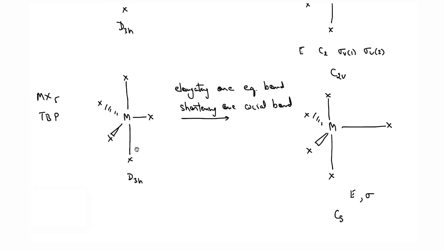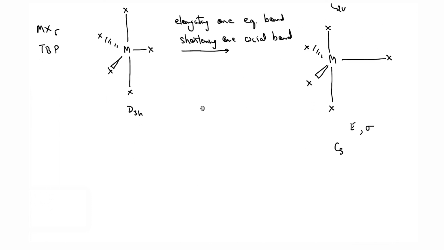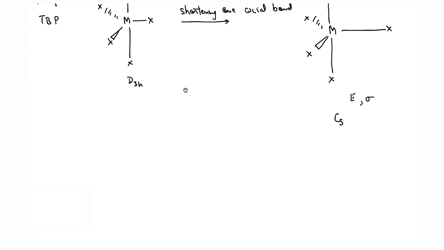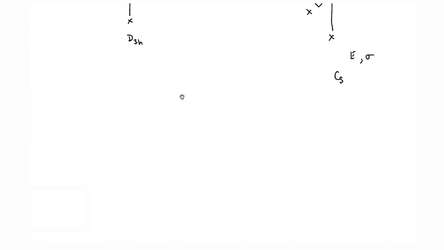But see, now when we are doing any kind of distortion, what you have to keep in mind is what are the symmetry elements originally present, and by doing this process, out of those symmetry elements, what elements got killed because of distortion. Okay, so if you can think in those lines, you should be able to find an answer very quickly.